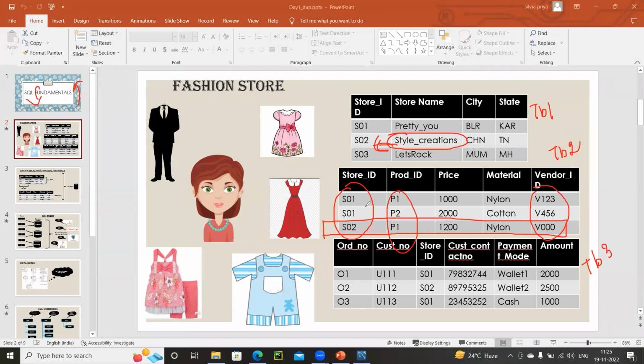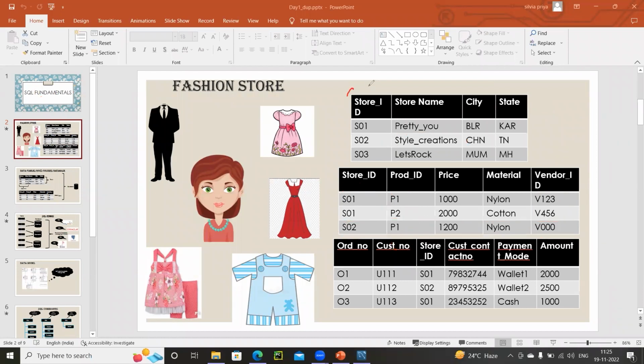Now, in order to do this connection, basically there are one or two columns that have to be common between these tables. And in my case, I could very clearly see store ID is a common column between both of them. And that is how they get related to each other. So one store ID from here can have multiple entries inside table 2.